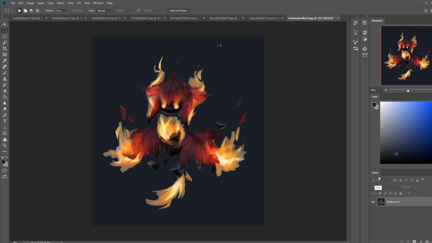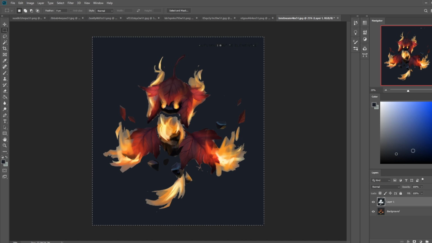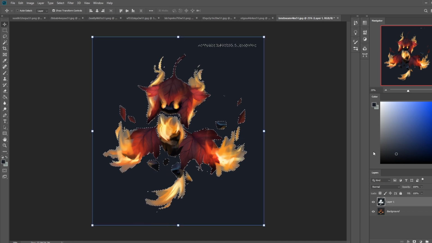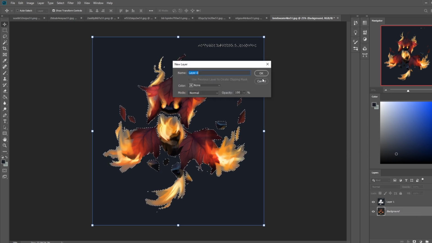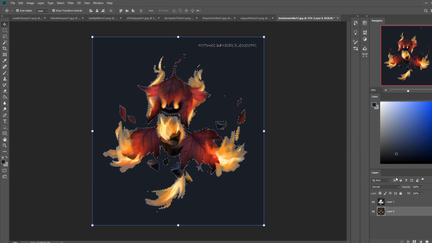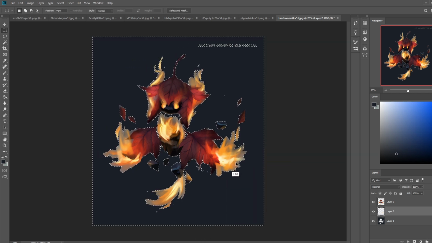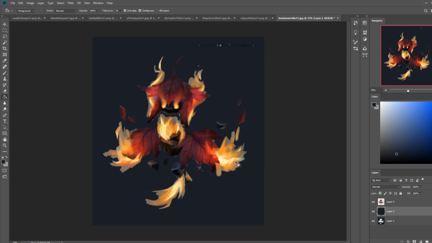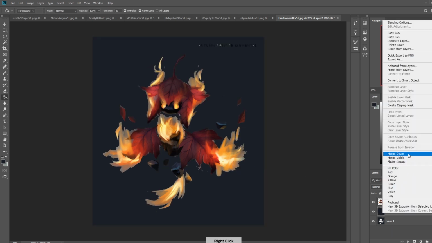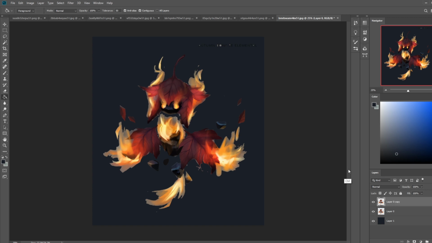So I'm going to duplicate layer. How do I do this? Okay, so I'm going to duplicate the layer, select and delete, put this down, put that color, oopsie, deselect, put that color down, merge that down, duplicate this layer. All right, delete all of the leaves except the fire. So we get the glow of the fire back is why I'm doing this.